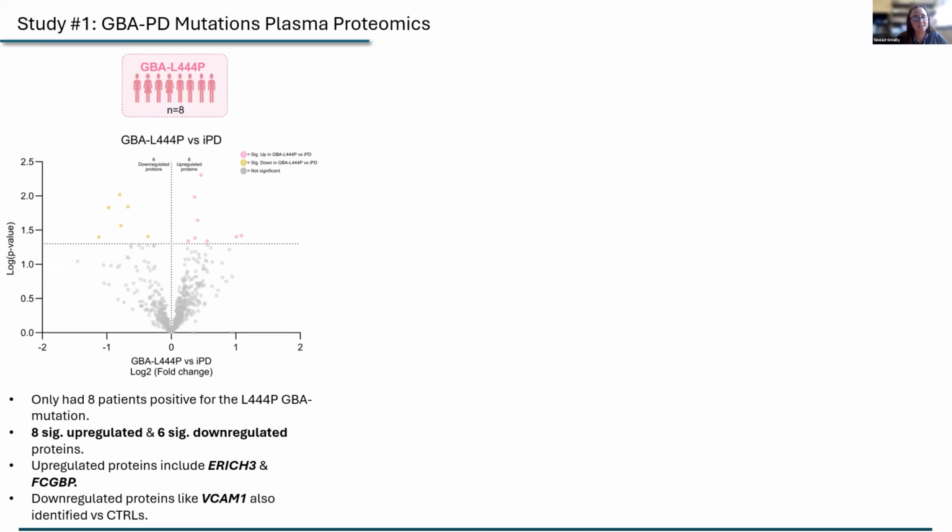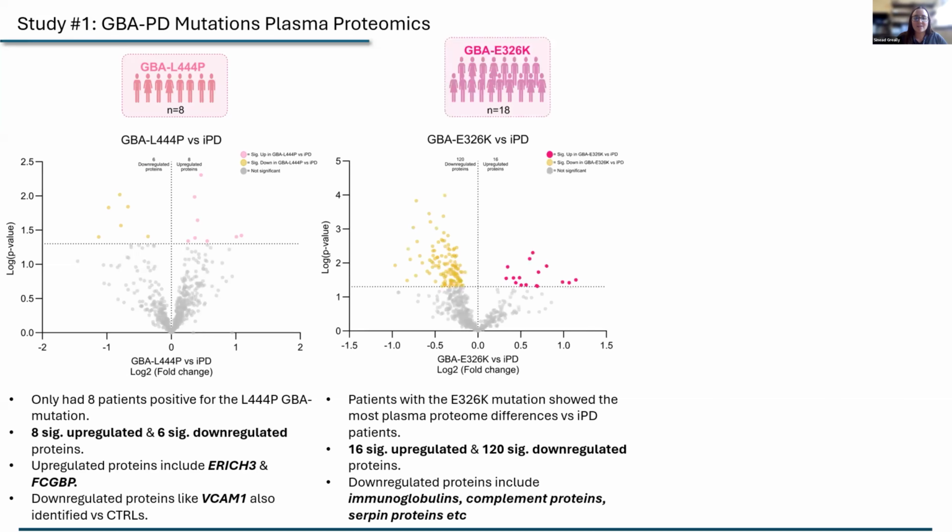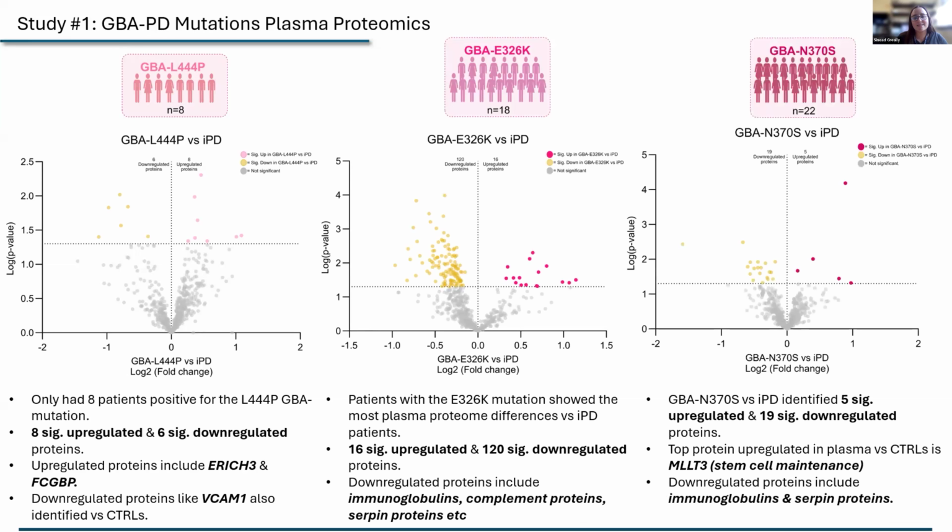6 downregulated proteins, once again identifying the FCGBP, and VCAM1 was also identified versus IPD and controls. Once again, for the E326K, we saw 120 significantly downregulated proteins, so the most out of the mutations. And once again, these involved immunoglobulins, complement proteins, and serpine proteins. And for N370S, we identified 5 upregulated and 19 downregulated proteins, once again encompassing a lot of the